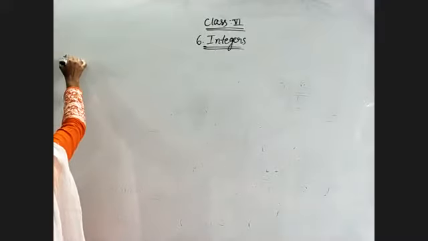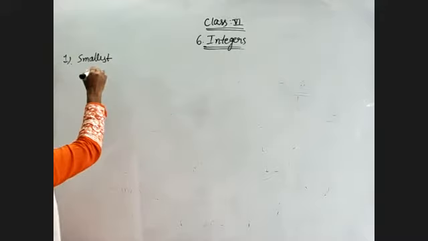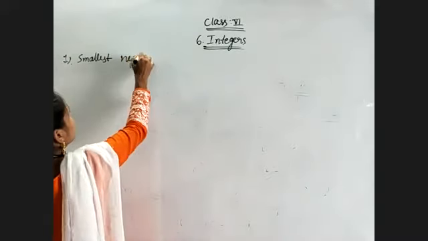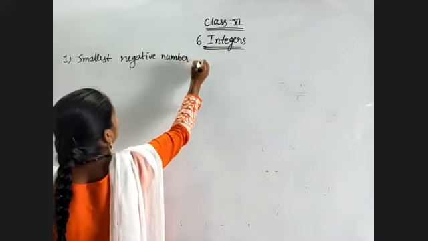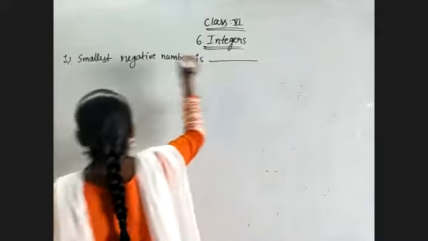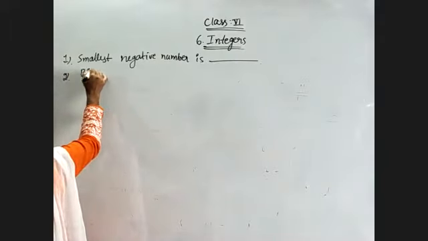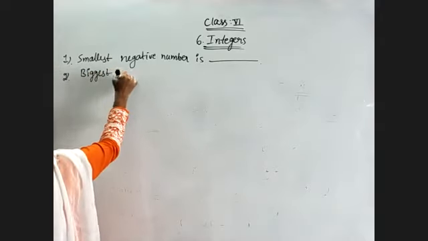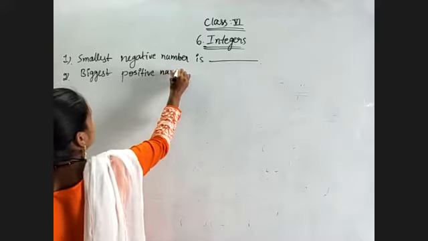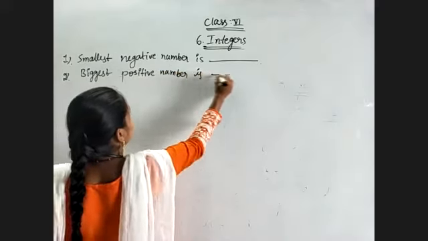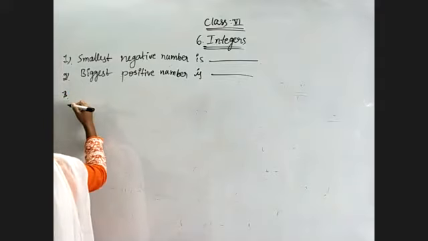The first problem is: the smallest negative number is dash. And the second question is: the biggest positive number is dash. And the third problem is